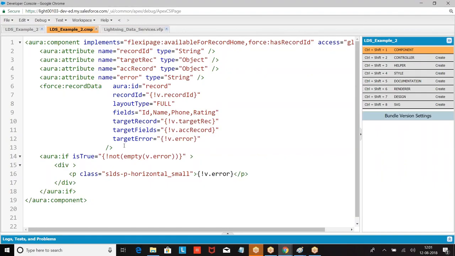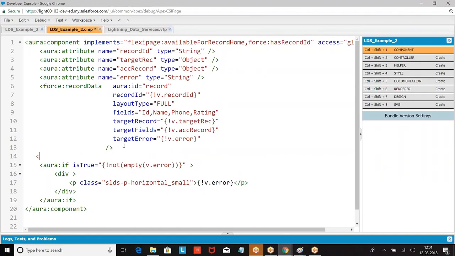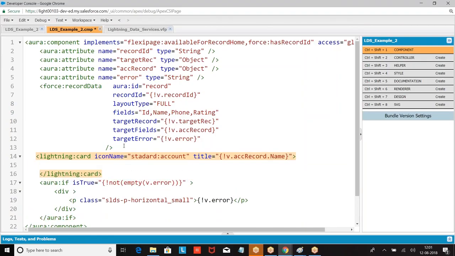I'm using data here. Now how do you want to display the data? lightning:card, icon name account, title equal to v.accRecord.name. Whichever record I am referring to, that record name I want to give as the title for the card.